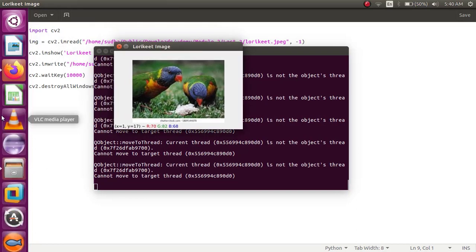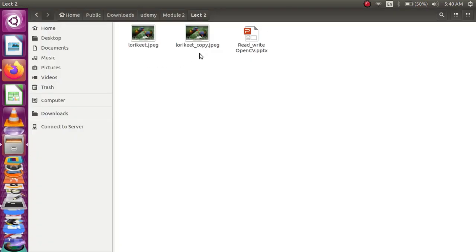Let's go and check whether it has been written in the folder. See, we have a copy of the image, which means that the image which was read has been written inside this folder. So the command to write is cv2.imwrite.